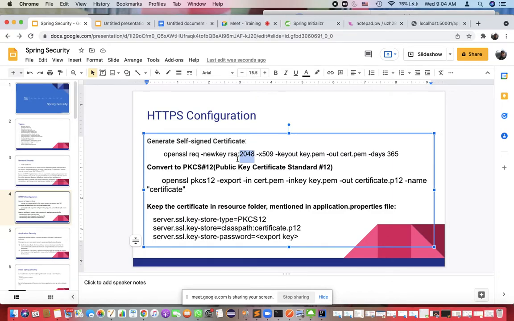So this is giving me the private key and public key in a .pem file format. But what I need is the certificate in PKCS12 format. This is a public key certificate standard.